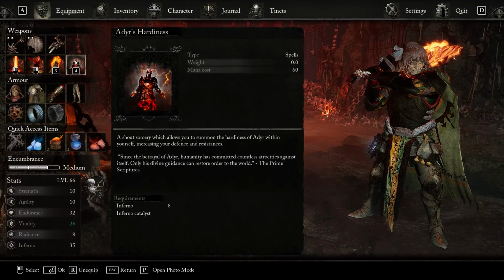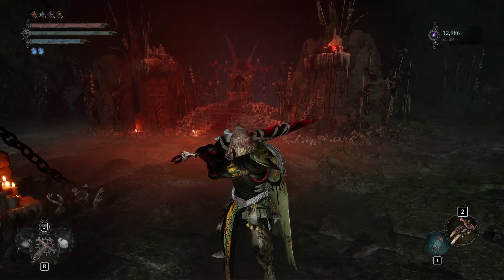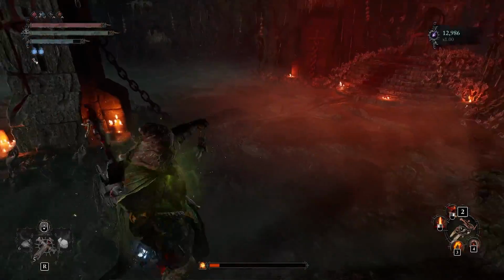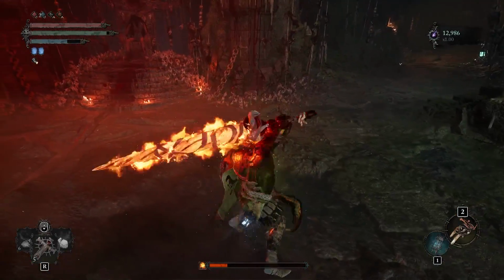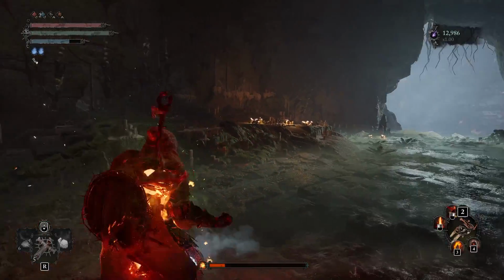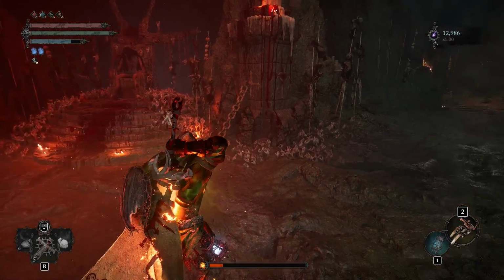Then there's Adair's Hardiness. This is one of your bread and butter spells. It just gives you defense and resistances. And it's a pretty sizable buff. It's a shout sorcery. I think it's very underrated. It gives you a lot. And then I just chain that with this, and as soon as my flame buff goes away, I just recast the defense buff, and they're usually fairly close in terms of cast time, but yeah,